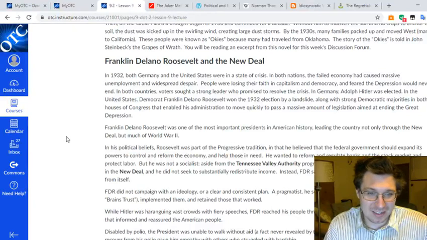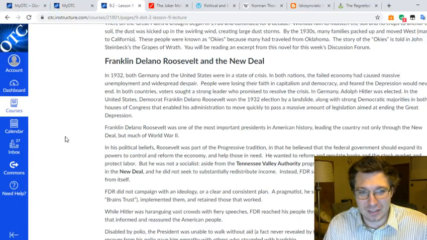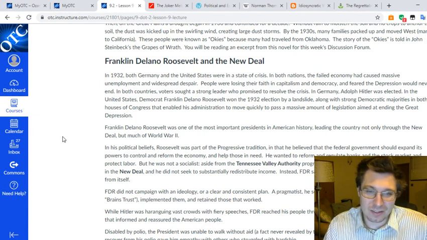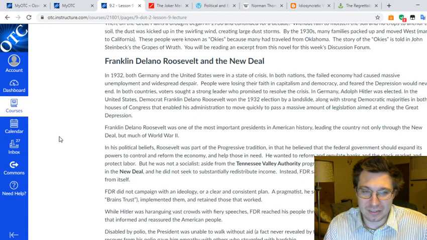In the United States, Franklin Roosevelt won the 1932 election by a landslide, along with strong Democratic majorities in both houses of Congress that enabled his administration to move quickly to pass a massive amount of legislation aimed at ending the Great Depression. Which, by the way, I should say,